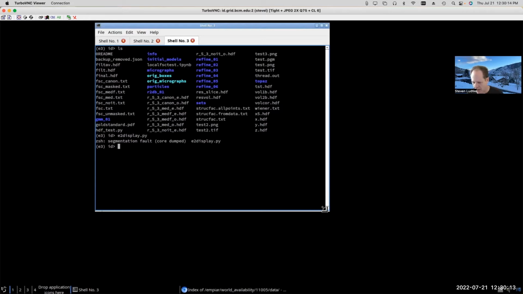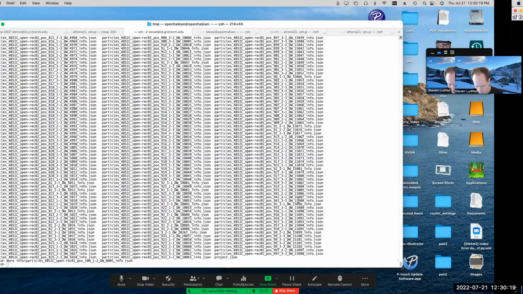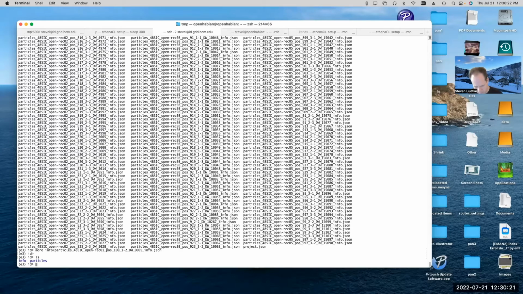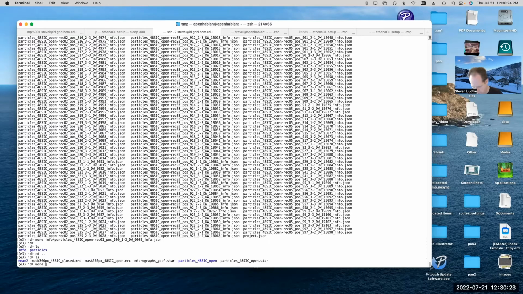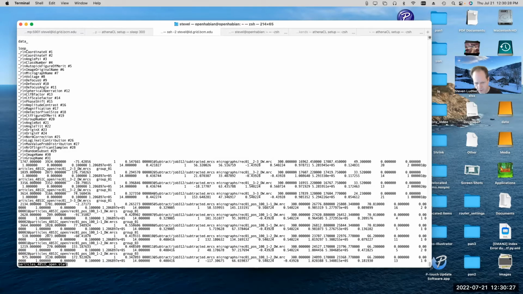Similar to the star files. Let's take a look at the star file again really quickly. The issue with the star file is while each line in the file contains the same number of parameters, the line lengths are all over the place.